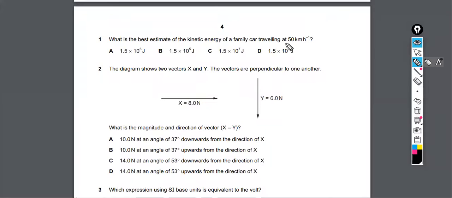First thing is let's convert 50 kilometers per hour into meters per second, because we know a joule, if we think about that idea of base units, is a Newton meter, and a Newton is a kilogram meter per second squared. Meter per second, not kilometer per hour. So let's go ahead and take 50